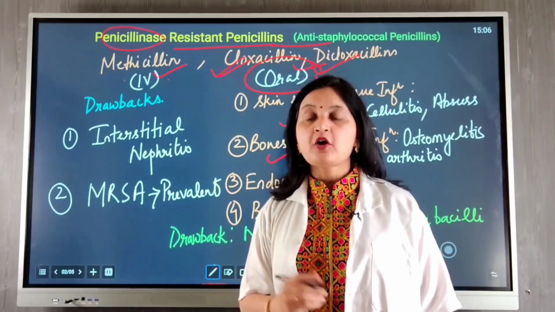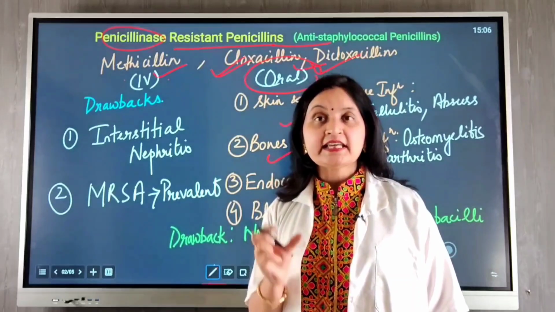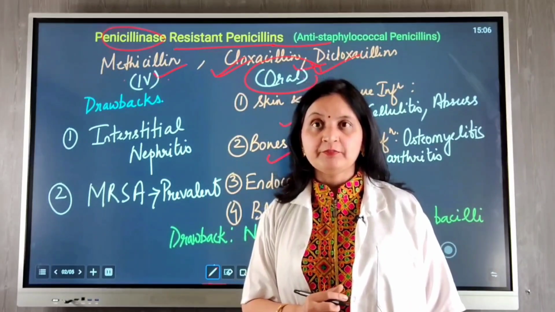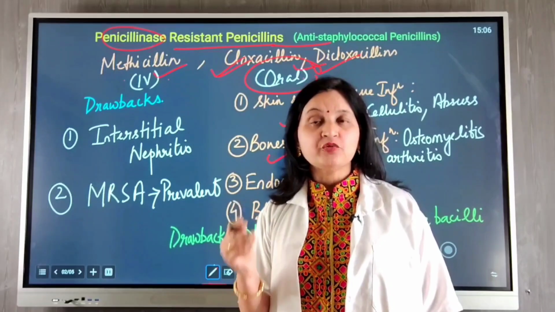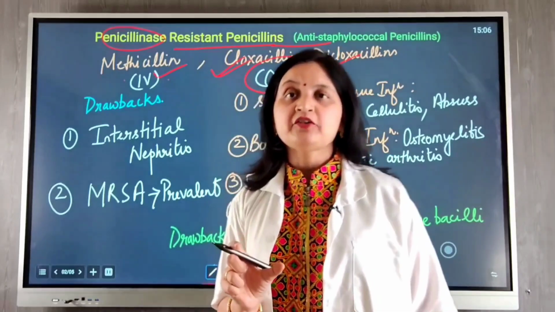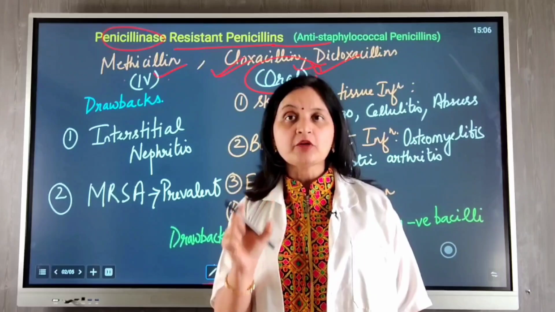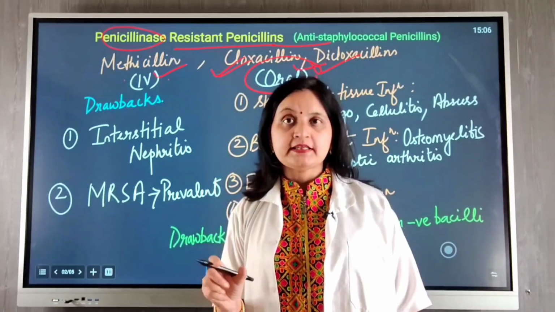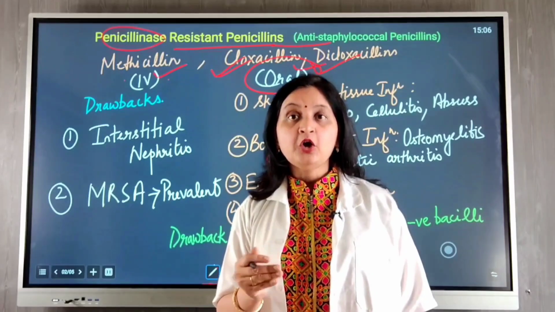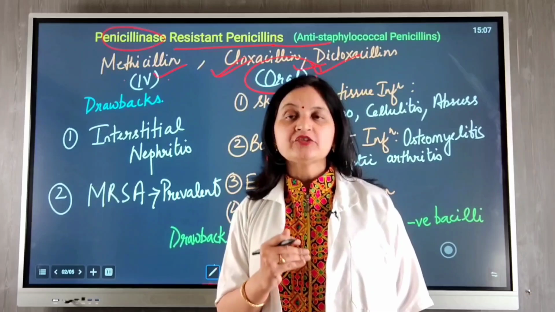The drawback of penicillinase resistant penicillin is that it does not have any activity against gram-negative bacteria. Extended spectrum penicillins were developed, which have additional activity against gram-negative bacteria. So the next group of penicillins is the extended spectrum penicillins, which includes three groups, that is aminopenicillins, carboxypenicillins and ureidopenicillins, and they have extended activity against gram-negative bacteria. These overcome the drawback of penicillinase resistant penicillins and natural penicillins.